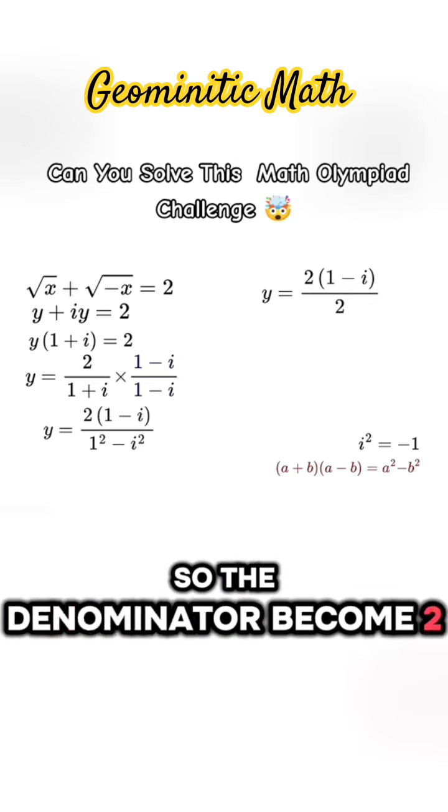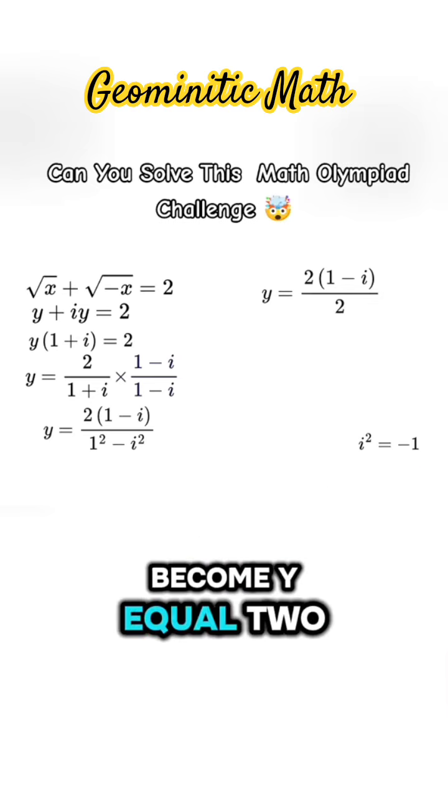So the denominator becomes 2. And the whole equation becomes y equals 2 times (1 minus